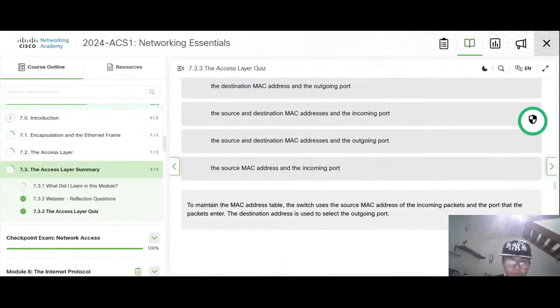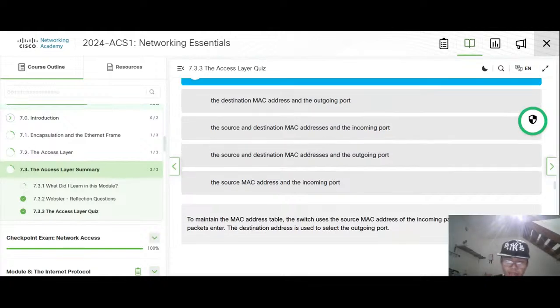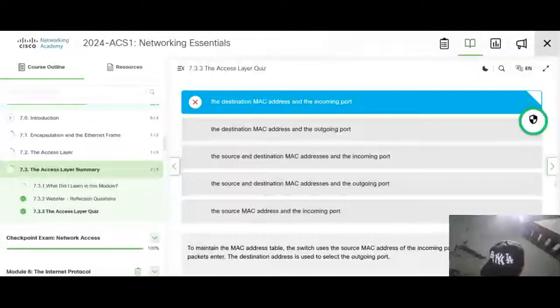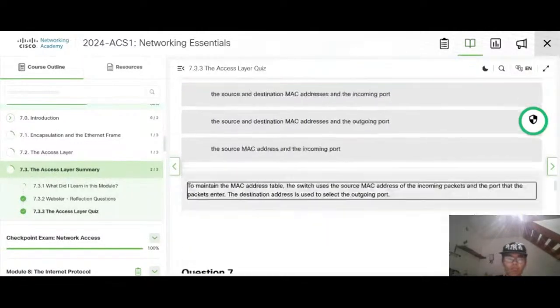It uses the source MAC address of the incoming packet and the port the packet enters. Next process.